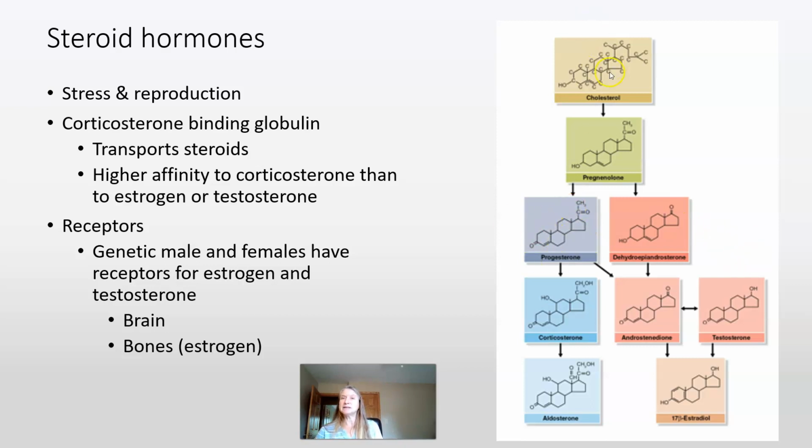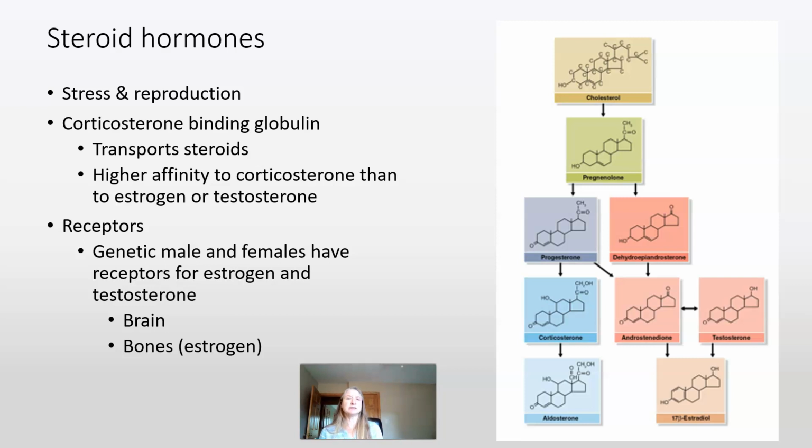But with progesterone, basically these are steps. So you have cholesterol, some enzymes, you go to pregnenolone, enzymes, you either make progesterone or this other one. I'm not going to even try to say it. If we go from progesterone to corticosterone, again, we can go progesterone to androstenedione, so androgen, okay? So both of these can be made from this precursor, and then aldosterone, okay? But also then we have testosterone and estradiol, your estrogens.